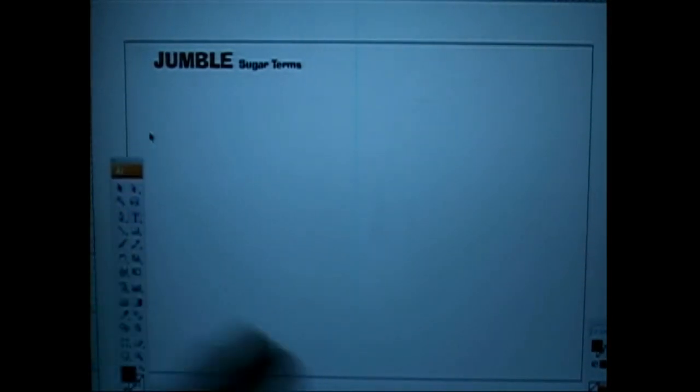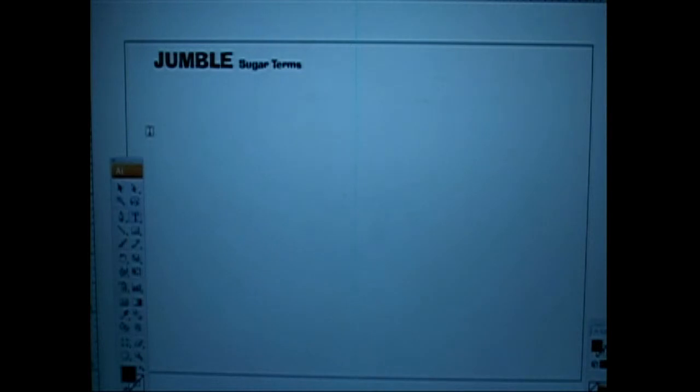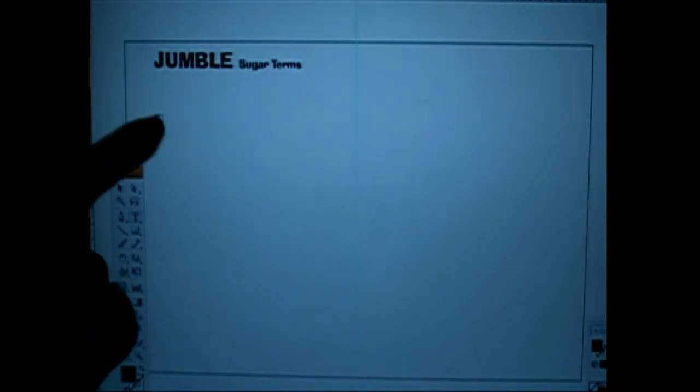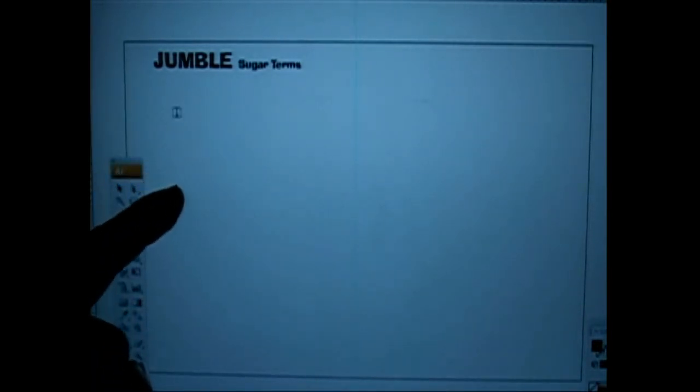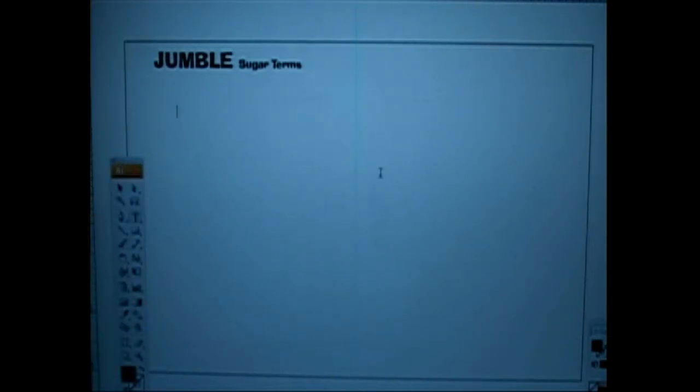As soon as you get a pointer, I always click, and it doesn't put a point, but it frees you of where you were. And if you ever need to, see, a lot of times now you've got the text tool, you're going to click it, and you're not going to realize that there's text starting there. So say you didn't notice that. Now we're going to go down here, and we're going to pick a word, sugar terms. So let's say we click the text tool, we're going to do glucose,